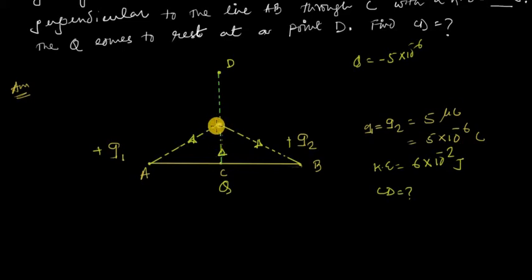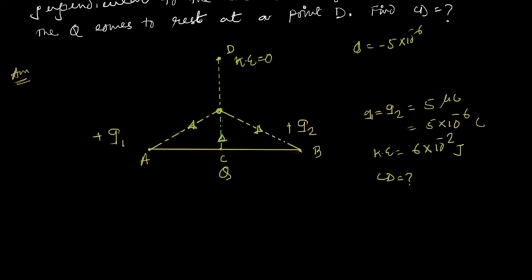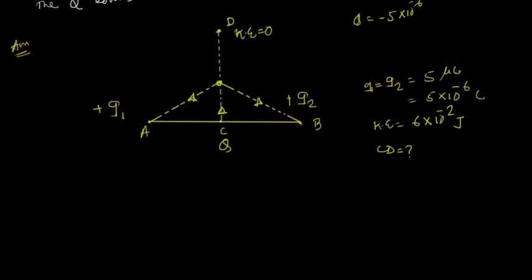That means this capital Q feels a downward force, but it goes up against this force. That's why its kinetic energy decreases, and at that point kinetic energy is equal to 0, and since kinetic energy is 0, at the point D it comes to rest. But I will solve this problem from the